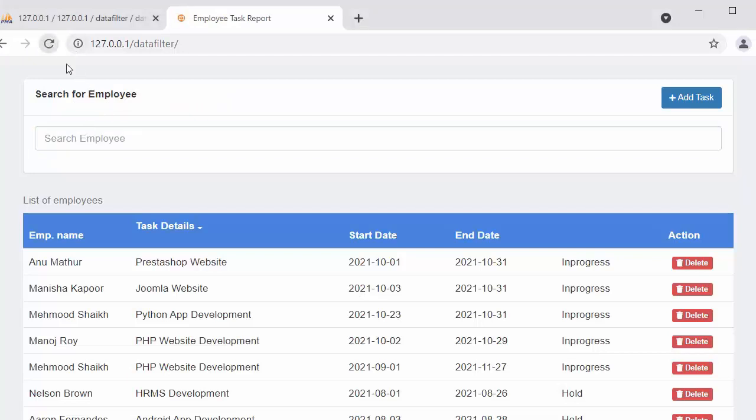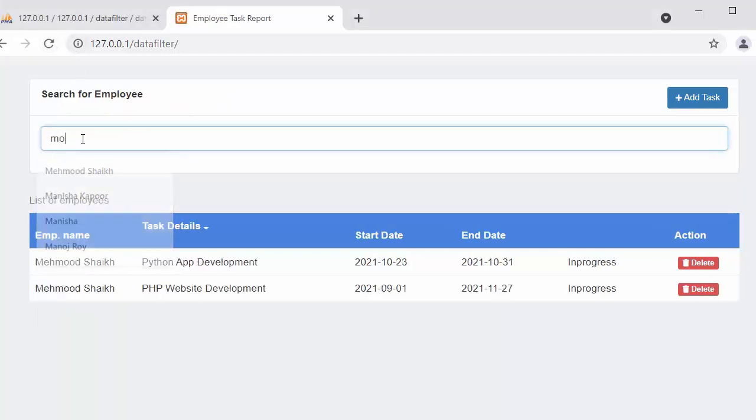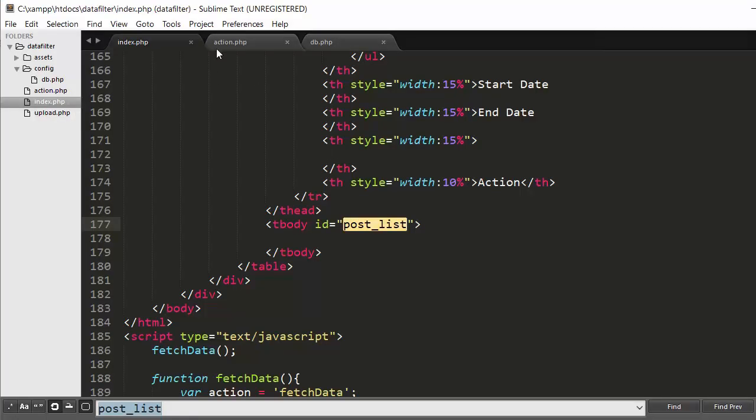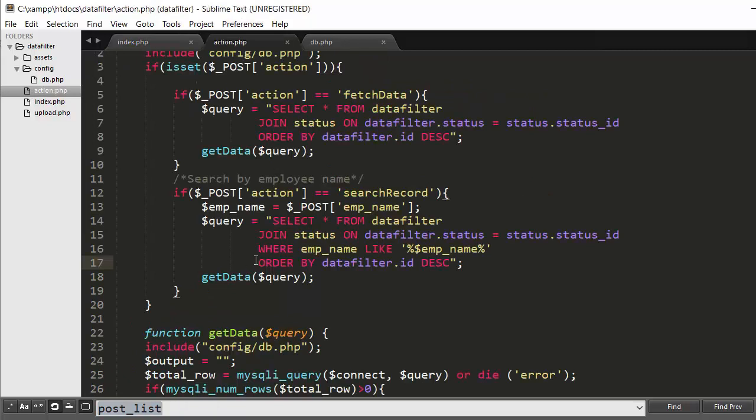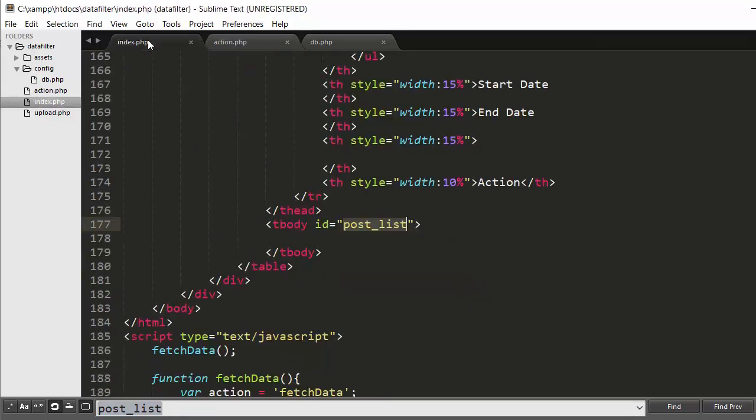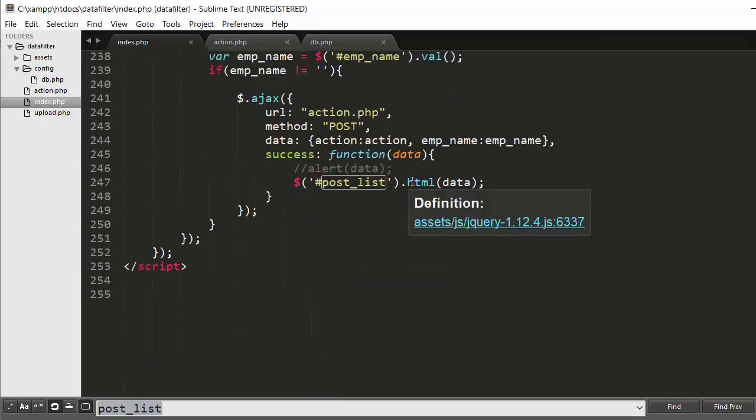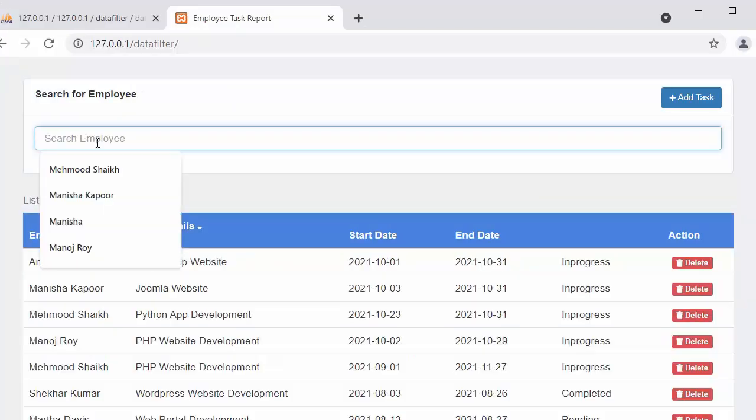Now let's refresh, and now when I type MO, you can see all those records which get sent from this action.php. From here, those records get collected here and get displayed inside the table. Okay, so now I can search anything like RO.